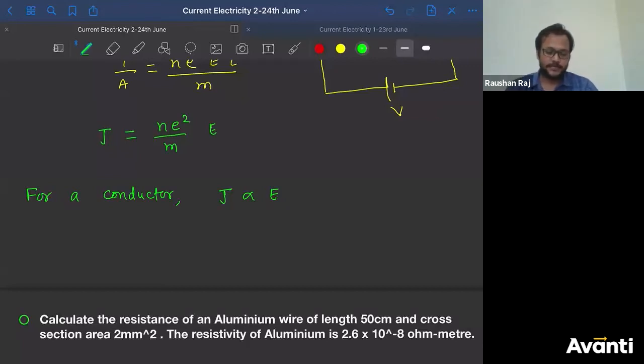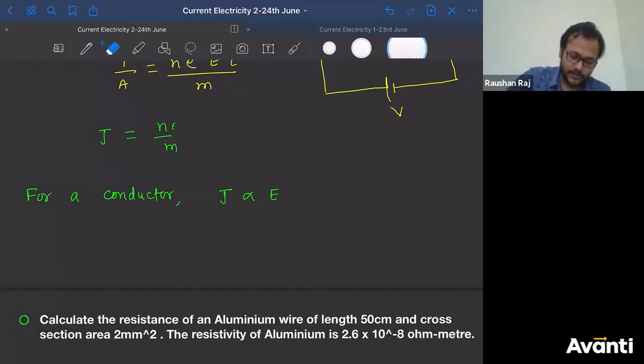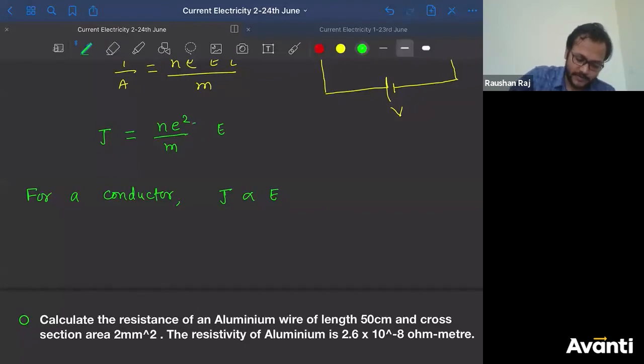Yeah, tau bhi rahega, sorry, I missed that tau value. Yeah, tau will also be there. That tau value will also be unchanged for a material. Kya ho raha hai? You cannot change the value of tau for a material, right? It will be constant for a material. So can I say current density will be directly proportional to electric field? All right. So can I say this is constant for a material?